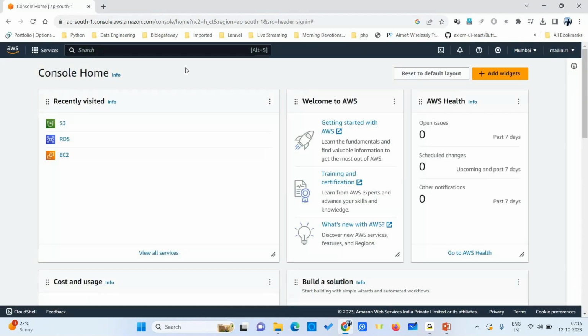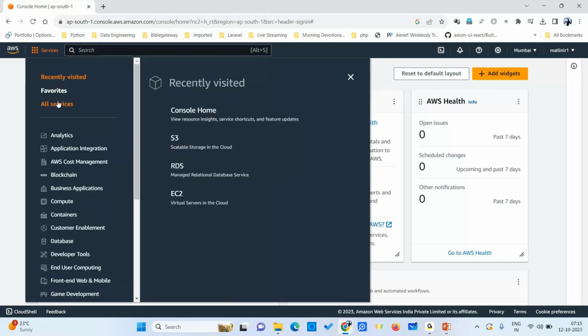So this is the first screen, the window you are going to see. The recently visited resources will be displayed here. This is the console home, and if you wanted to see all the services here, on the left hand side the services icon is there. Click on that, and these are all different kinds of compute, containers, database, developer tools. See, it has around 200 plus tools